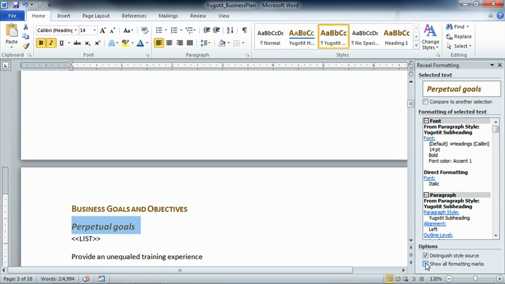All in all, I think the Reveal Formatting Pane and the Style Inspector are just a terrific set of easy to understand and easy to use tools that help us delve into the deepest depths of our text formatting, if we desire to do so, without taking a lot of time or extra effort. And really, especially with complex documents,